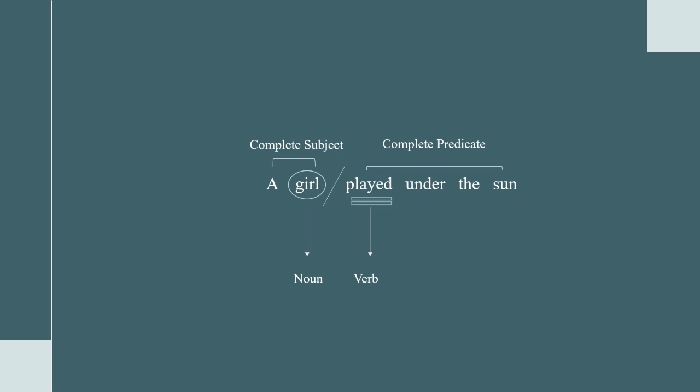In making a tree diagram, make sure to identify first the two constituents in the sentence and the function of each word. Now let's create a tree diagram. When making a tree diagram, always put an S on the very top to indicate the sentence. Second, put two branches for our two constituents, the NP or noun phrase and the VP or verb phrase.